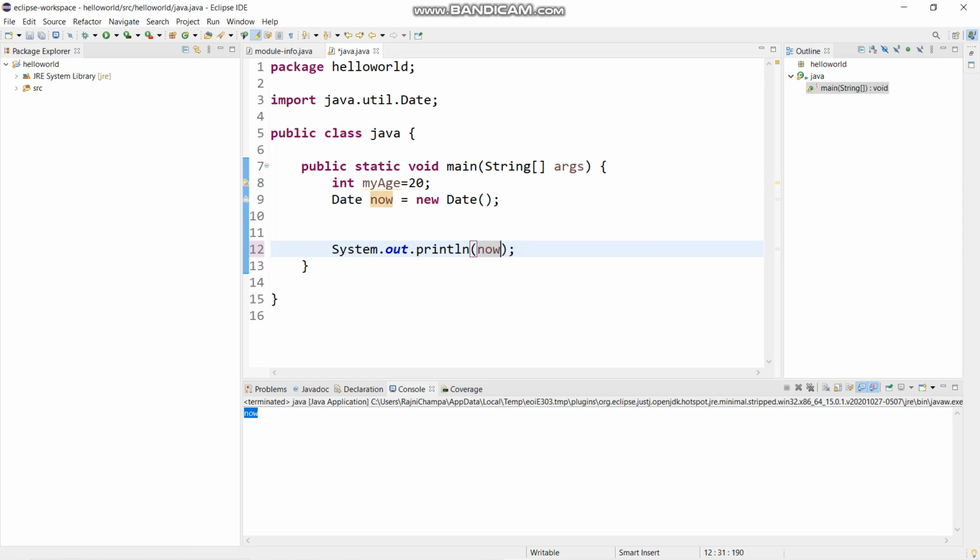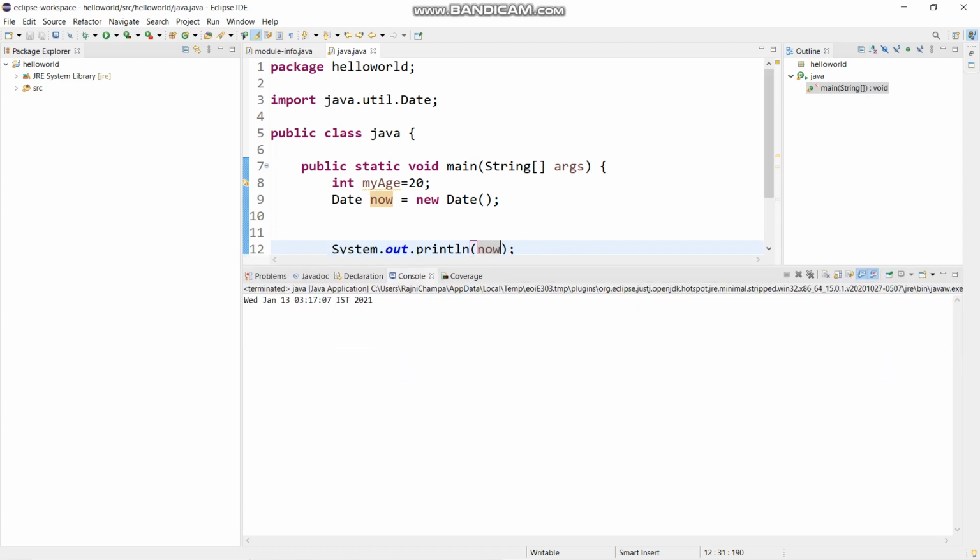So if I run it now, oh, the parenthesis got misplaced. Run. See, this is my time, Wednesday, January 13, when this class is happening. This is 3:17:07 IST 2021, Indian Standard Time.